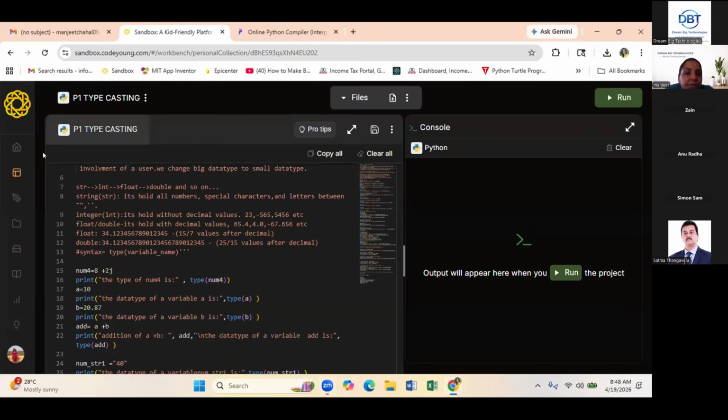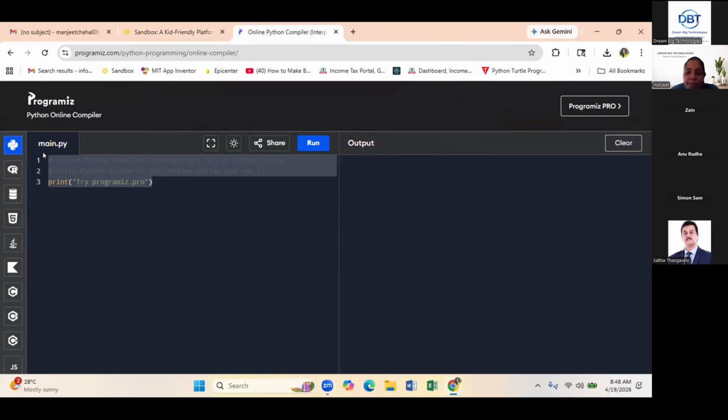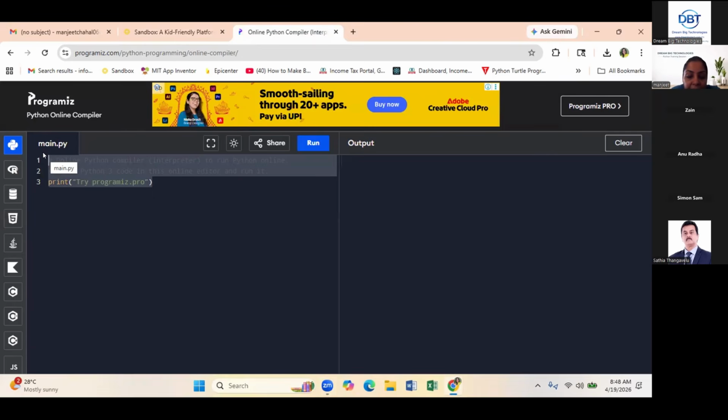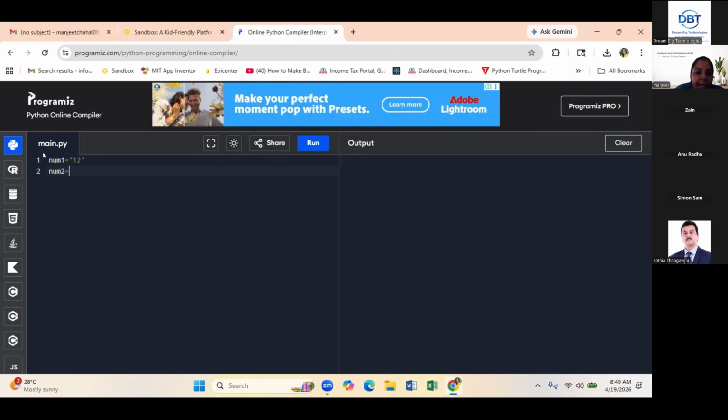Now you see, string is what? I have taken a simple number. I have taken num1 equal to double quotation 12. Anything you are writing into double quotation or single quotation is going to be treated as string. String means string data type, all the characters. So string holds everything, all your special characters, all your alphabets, all your numbers. If I am writing this 12...